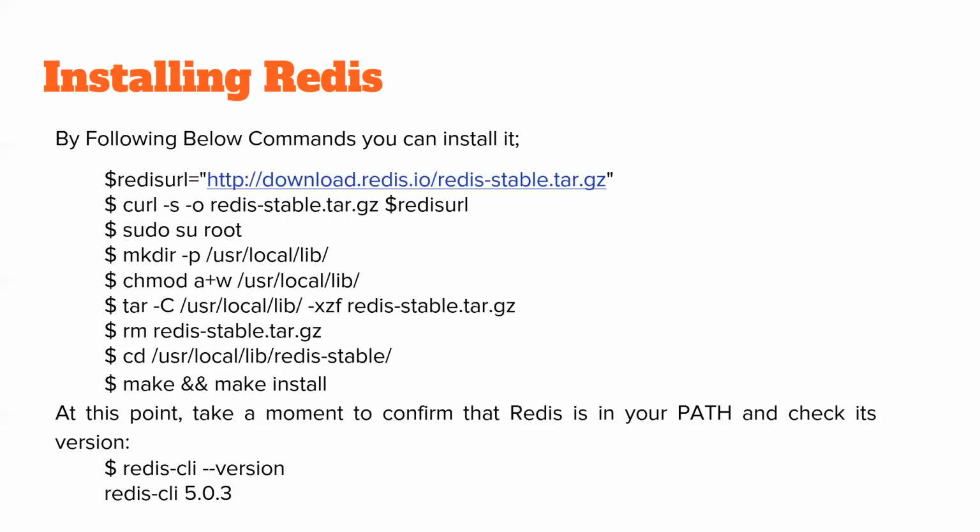So we will check the version of it. It will show you the version you have installed successfully using redis-cli --version. If your shell can't find redis-cli, check to make sure that /usr/local/bin is on your PATH environment variable or not. If not, it may not have been properly added. While all of these have some intended use, the two you will probably care about most are redis-cli and redis-server, which we'll outline shortly.